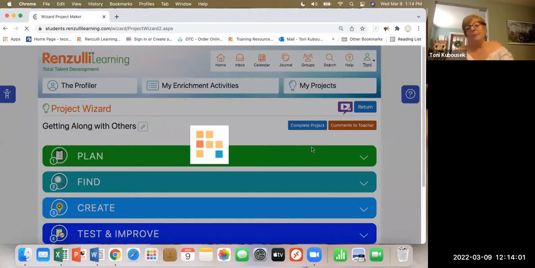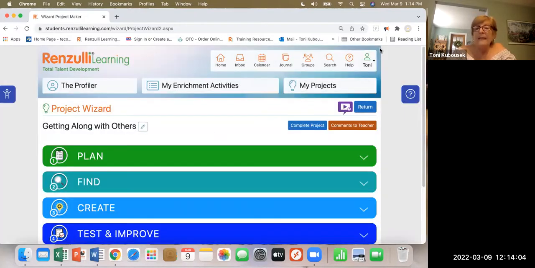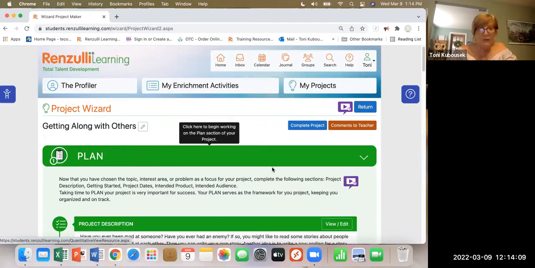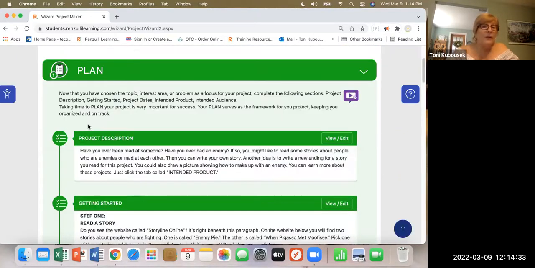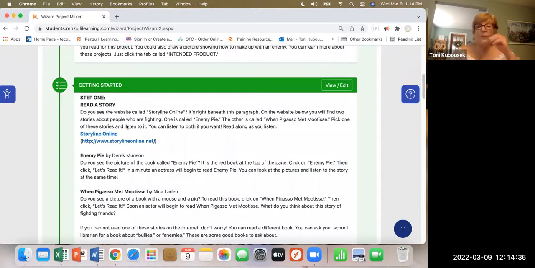So I'm going to open up the planning piece and notice that each area in this project has a video for the students to watch. So every section has the functionality for students to be able to find out exactly how that piece of the project works. So let's scroll down a little bit and notice that the opportunities for type 2s are already in